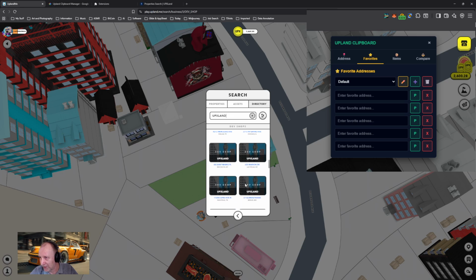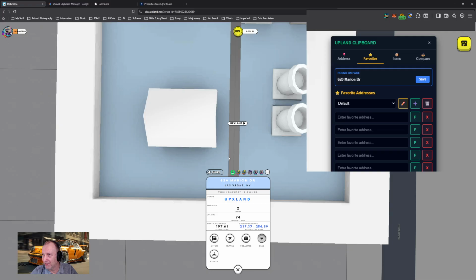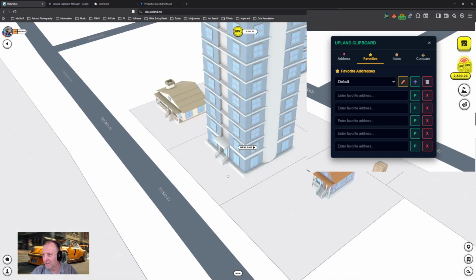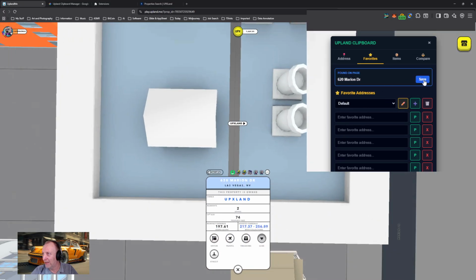It shows a different city. There it is, Las Vegas. So if I go here, this is the UPX land dev shop for Las Vegas. And so if I want to create a contract, I have to send my block explorer to this, or to at least be within the discovery zone of this property. Now, if I were to click here and add this